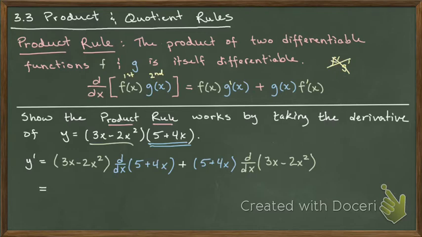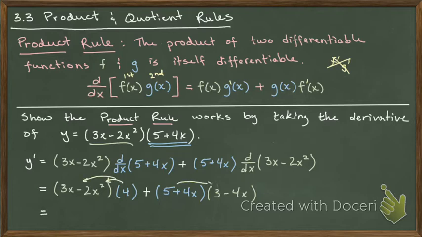Actually taking my derivatives now, I'm going to keep what I have in green there. Derivative of 5 plus 4x should just be a 4. Plus, and again, what I have in blue stays the same, times the derivative of 3x minus 2x squared, which should be a 3 minus 4x. And I'm just going to simplify this, multiply everything out and collect like terms. I see that the 4 distributes, and then this guy all foils here. I end up with